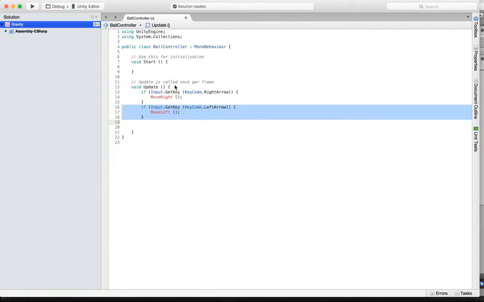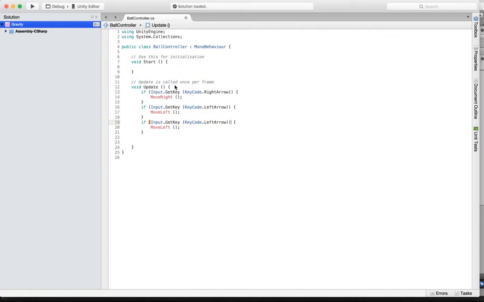How about up and down? Up, move up, and down, move down. And then we'll implement these functions, void MoveRight,